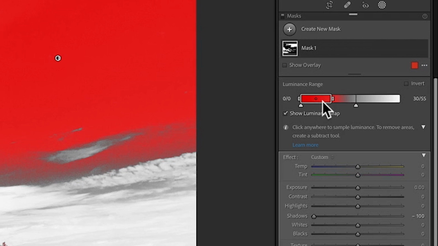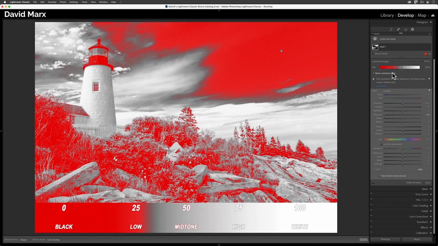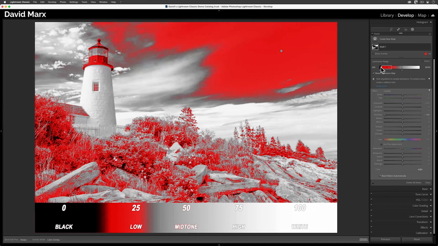If you look over here on this tiny gray ramp beneath the words luminance range, you'll see that there's an inner oval. This oval represents the zone that I actually selected. And then these two triangles beneath the bar, they define the feathering. Lightroom calls these triangles the upper and lower fall-off controls. To narrow down the range of pixels that I'm currently changing, I can either refine the selected area by dragging this little handle here, or I can adjust the fall-off by dragging these triangles.